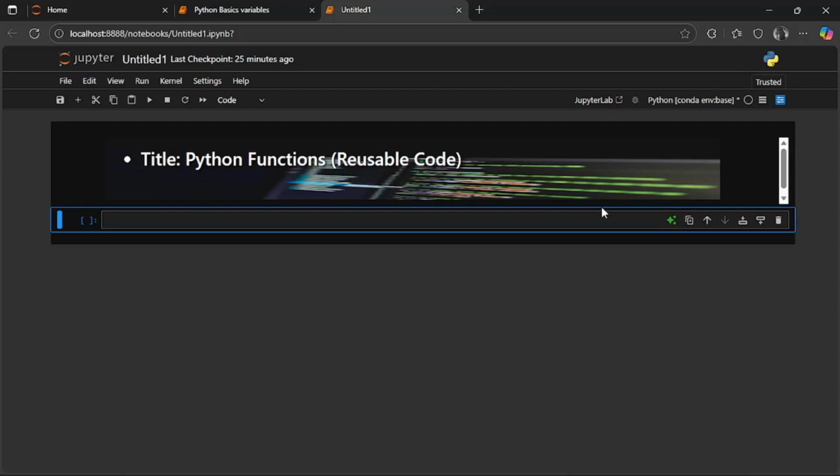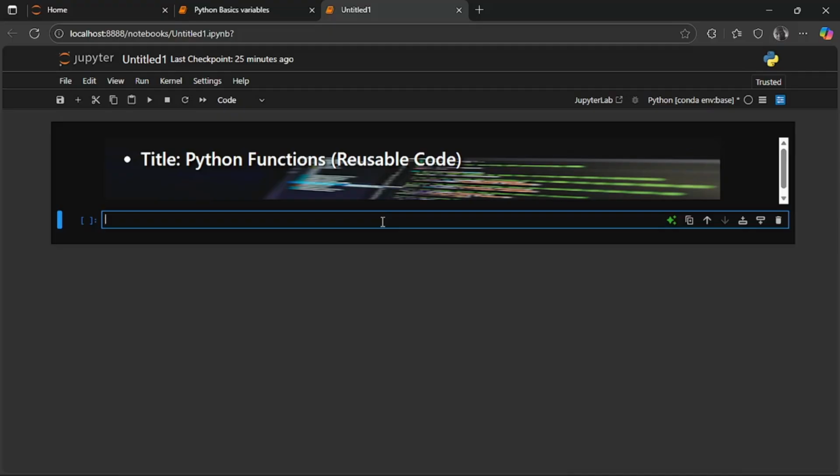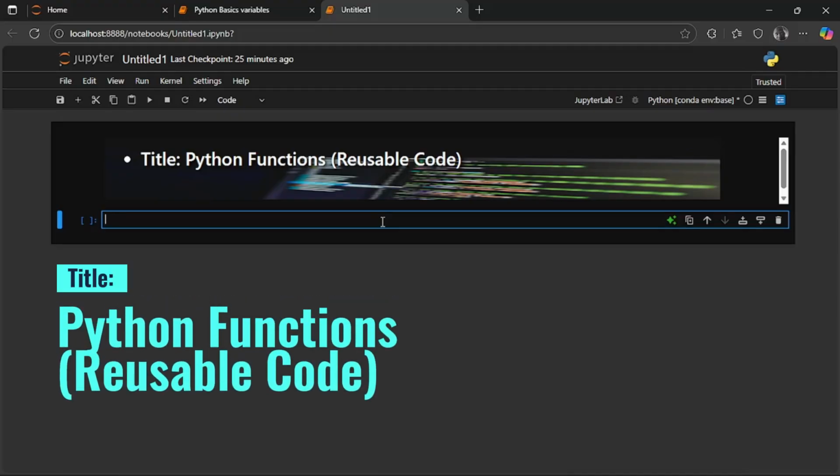Tired of repeating the same code? Let's make Python do it for us with functions. Hi, I'm Williams. Today we're going to learn how to create and use functions in Python, a key step toward